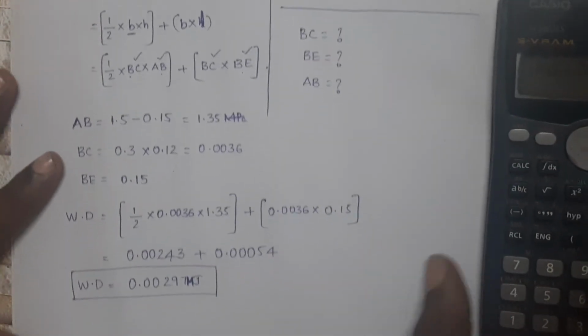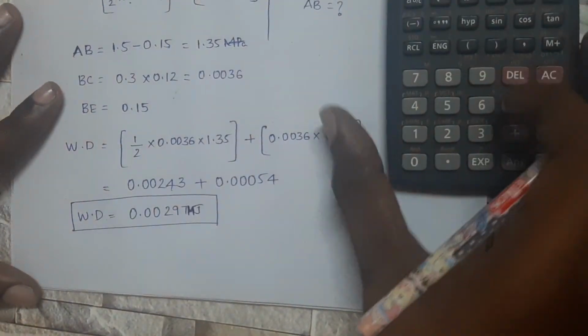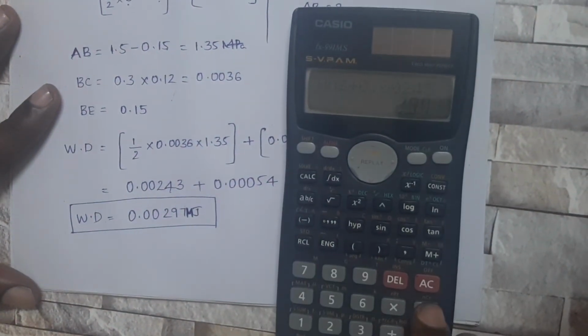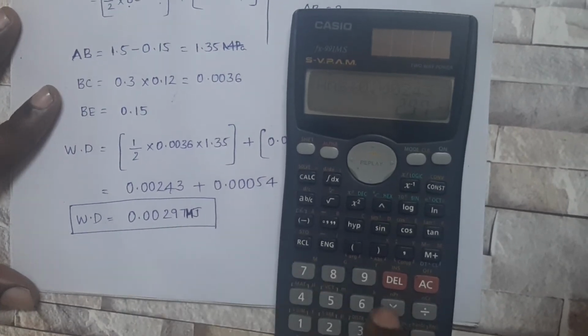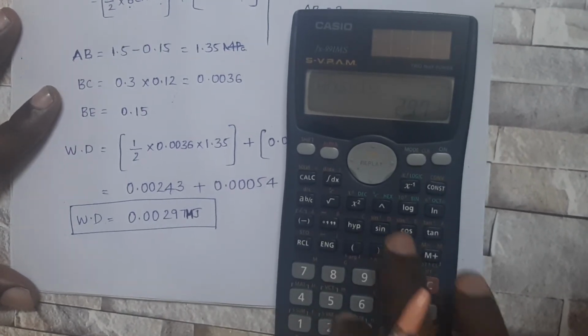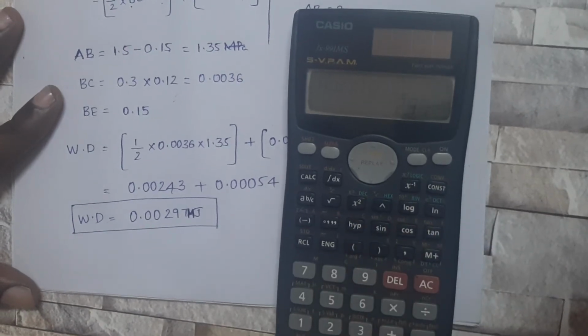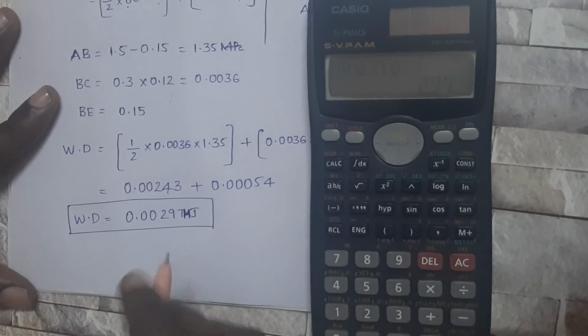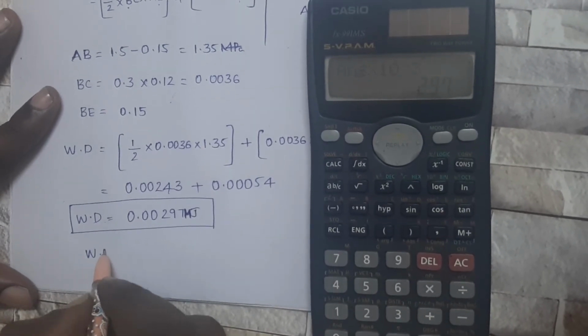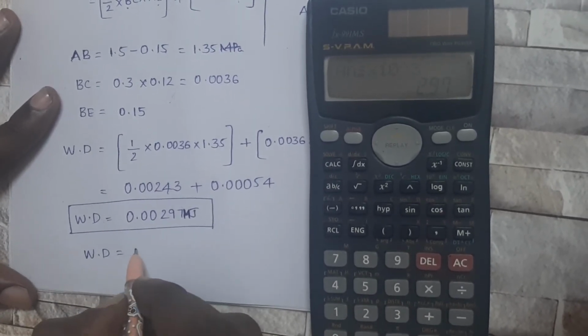But if we want to calculate the same thing in kilojoules, this mega is 10 power 6, kilo is into 10 cube, 2.97 kilojoules. Work done is equal to